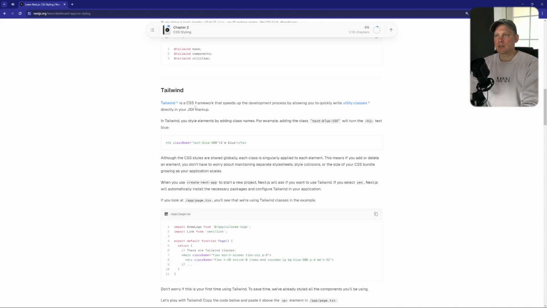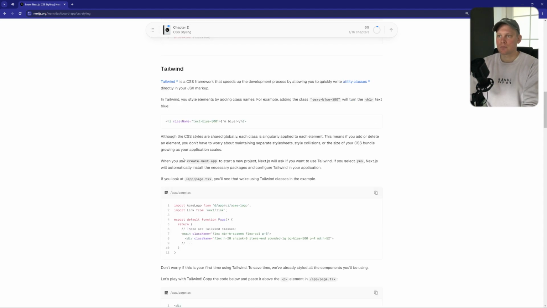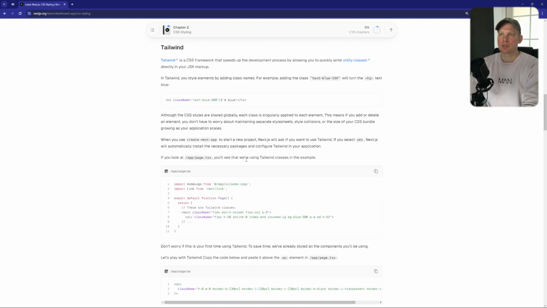Tailwind is a CSS framework that speeds up the development process by allowing you to quickly write utility classes directly in your JSX markup. In Tailwind, you style elements by adding class names. For example, adding the class text-blue-500 will turn the h1 text blue. So yeah, that's basically how Tailwind works. You just apply some classes